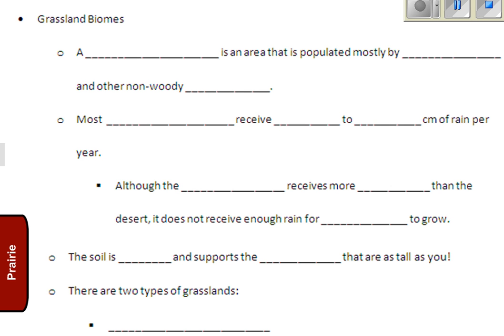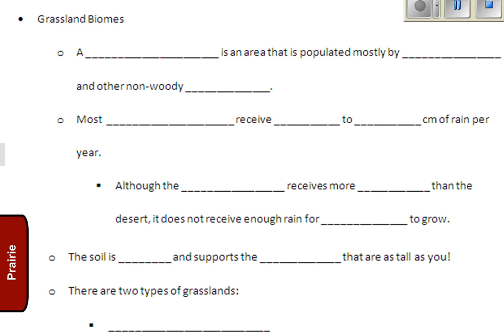This is part 2 of our biome unit. In part 1, you were able to learn about our rainforest and the desert biomes. You know that in the rainforest, there's 2 types of rainforest. There's the temperate rainforest and the tropical rainforest. Also know that the temperate rainforest is not too hot or not too cold, whereas the tropical rainforest is warm